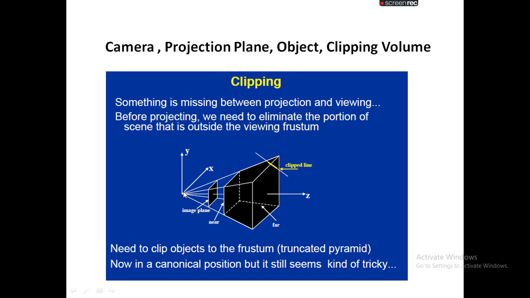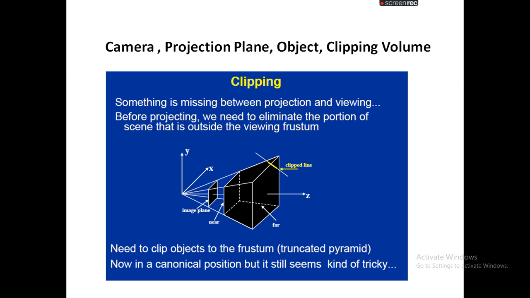This synthetic camera has three axes: x-axis, y-axis, and z-axis. This is the direction in which we are viewing the object. See the mouse pointer: we are viewing this object in this direction, which means we are looking from left to right, along the z-axis direction. Now I located the camera here. So this is the position of the synthetic camera.